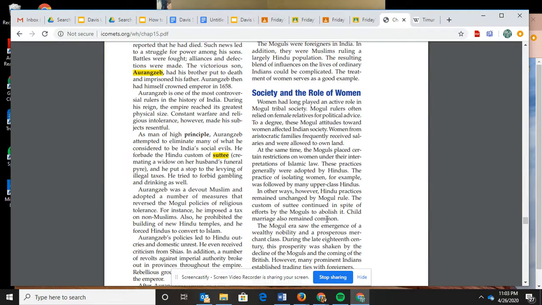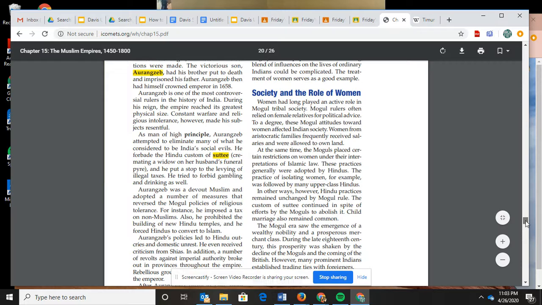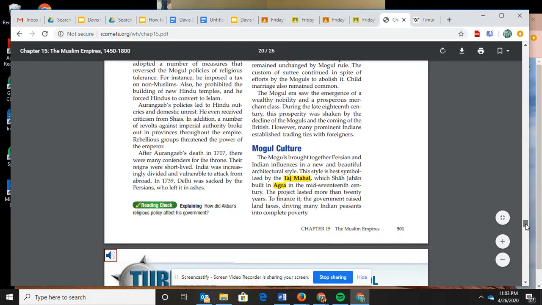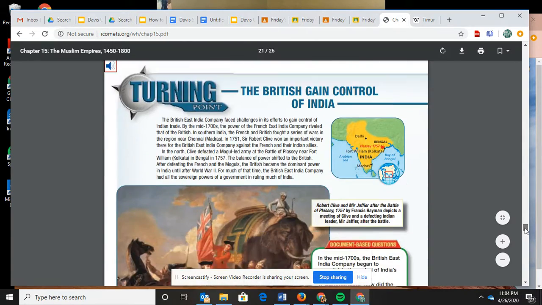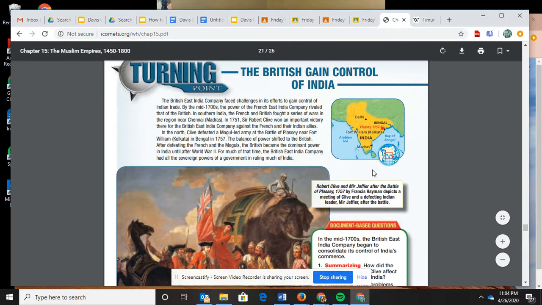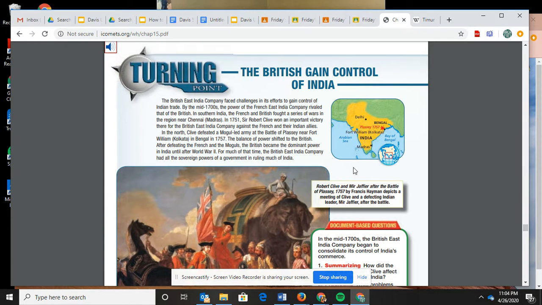So, long story short, the lasting impact, the big takeaway about Aurangzeb, is that it's going to leave the door wide open for the British to come in, because this is going to be a distracted, major, huge empire. And the British are going to come in. Now, this is a little bit later in the age of exploration and the age of imperialism, but they'll be called East India Companies. The British East India Company will come down here. They're really going to exploit India. And this is pretty recently.